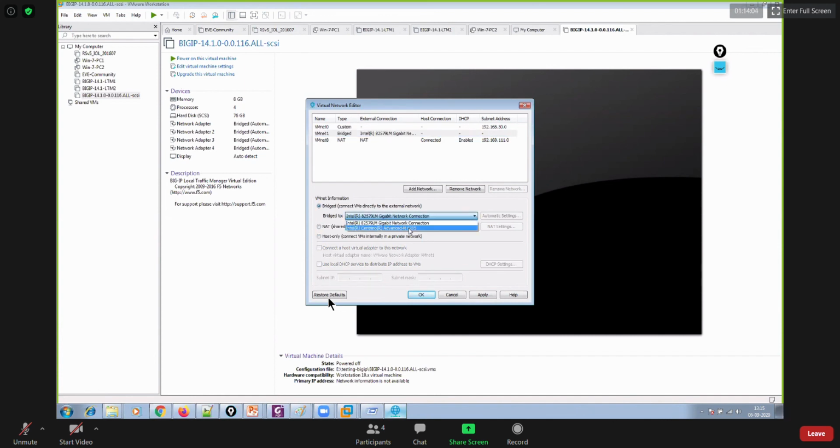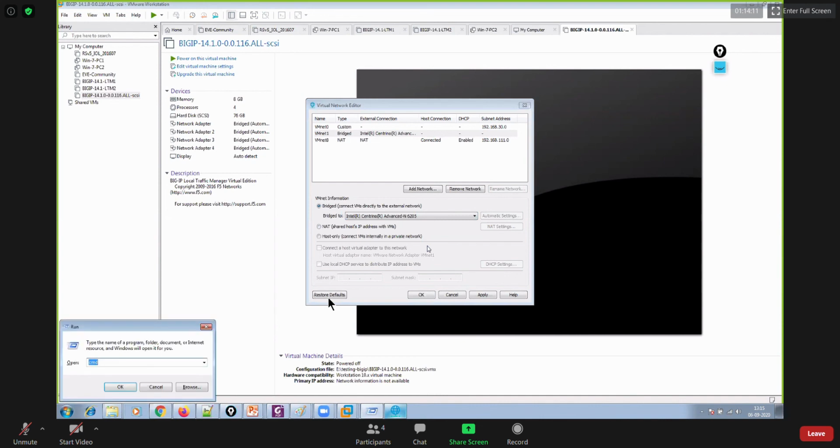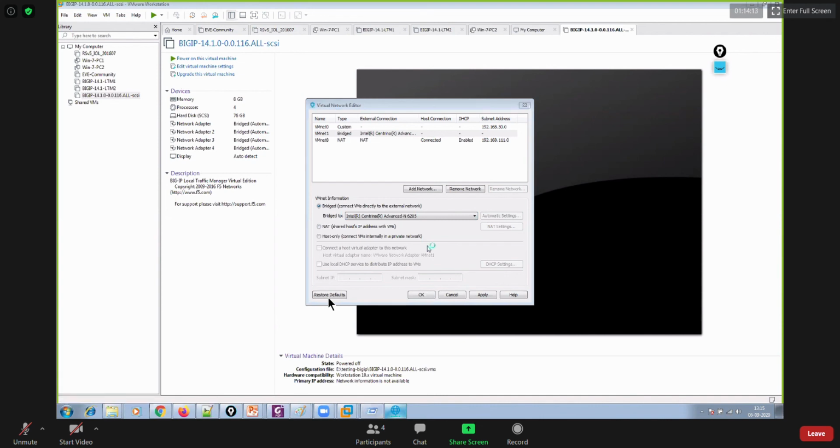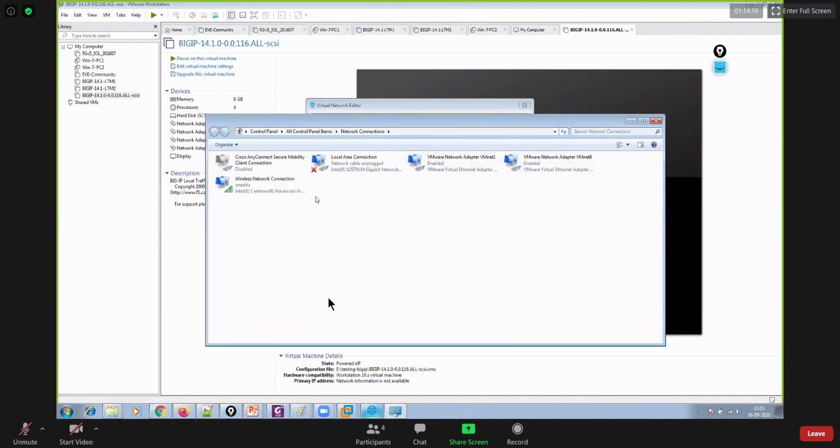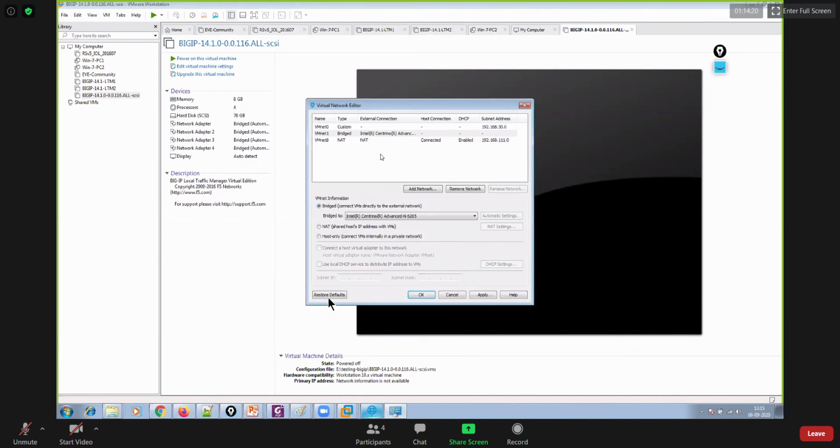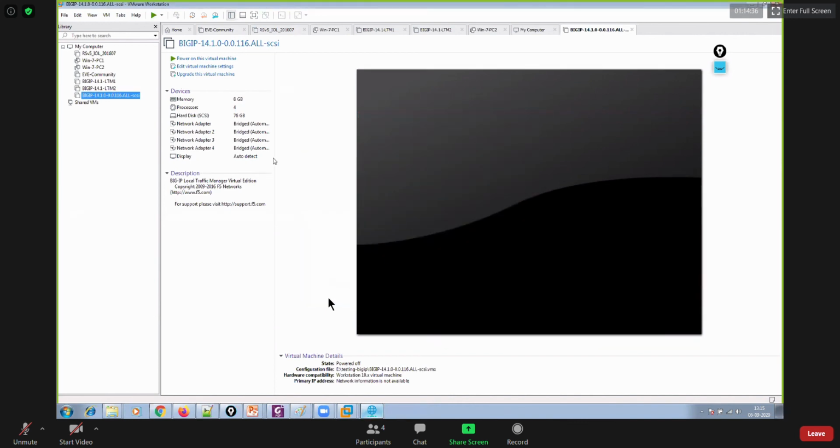Okay, I got it now. I'll have to see which interface it is. I believe it's Centrino, my Wi-Fi network. Yeah, that's correct. So I have bridged VMNet 1 with Centrino, and thereafter, apply, and then OK. Here we go.